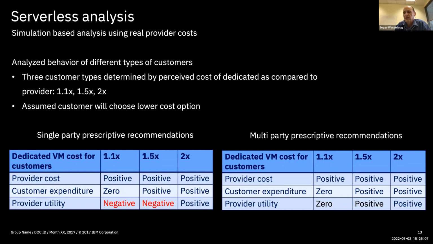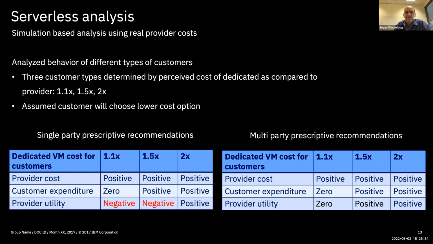You also have to take into account the fact that you need to have people to support the machine, to keep it up and running. You need to buy the operating system. You need to apply updates. You need to keep all your software installed and updated and everything. Whereas the serverless, all of this goes away. The total cost is rolled into a single number. So this perception is very important.